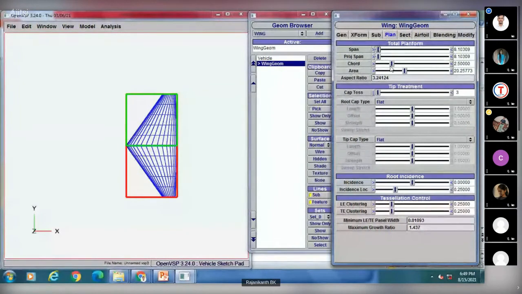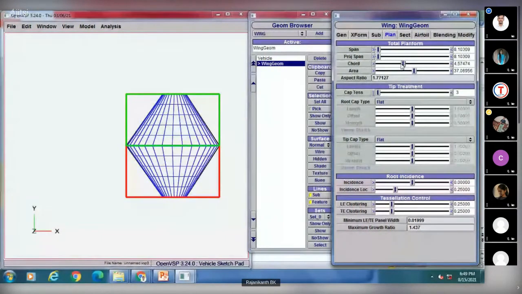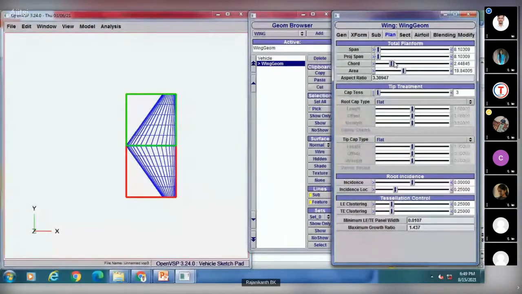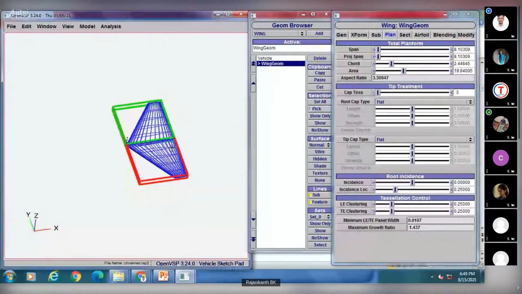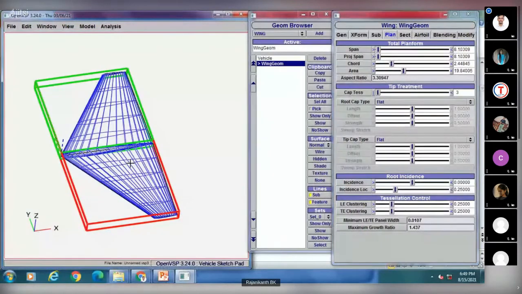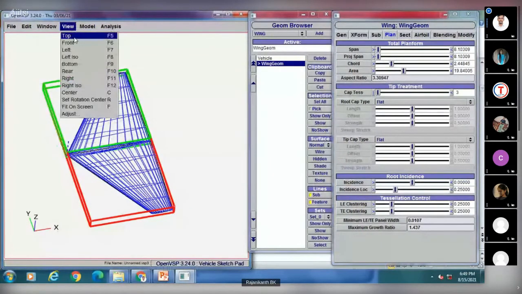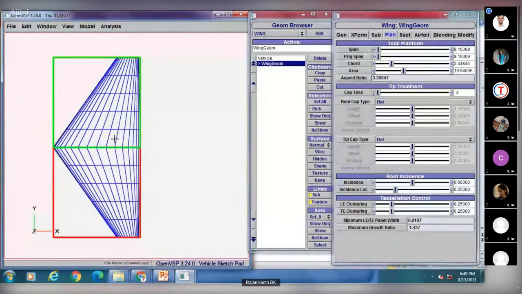And we will increase the chord. Let it be this much. Now we can say this is our straight trailing edge and tapered leading edge wing.